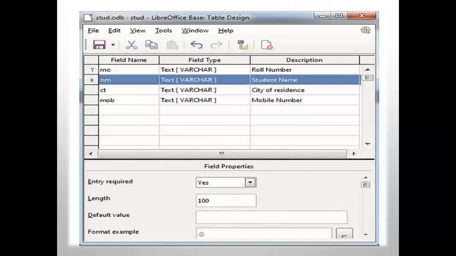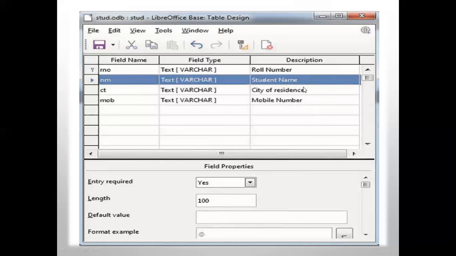And the third is the description column. Here you are going to explain the field name or the content what you have used. So here if I say R number, this will be roll number. Type the student's roll number. So the description is like a help for you.